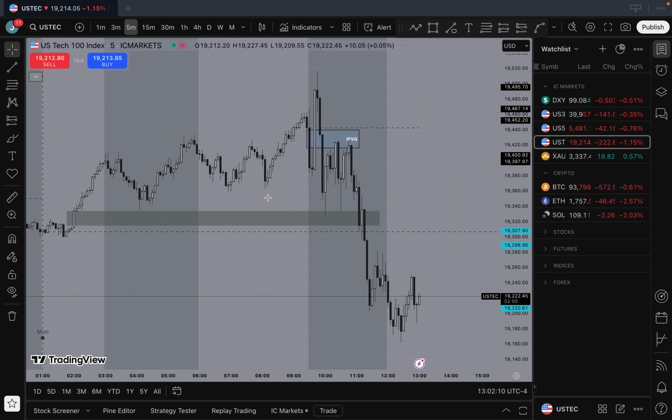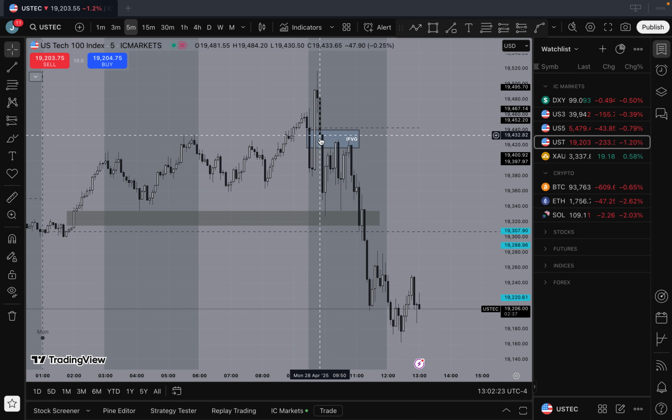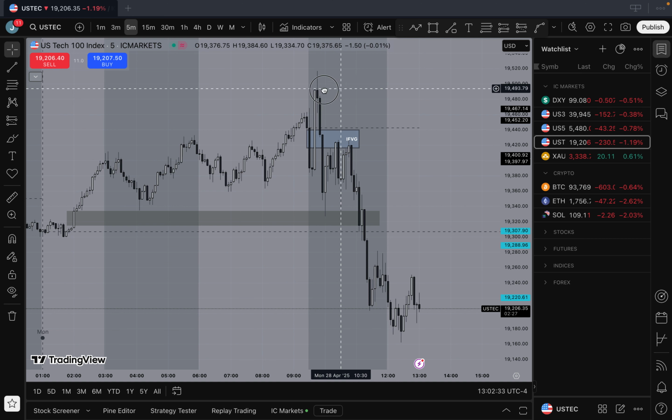And yeah, so on the 5 minute, we get a nice inverse fair value gap form. This was the same here again. We come down, trade up. So I was looking ideally for a nice little retracement to go bullish and then just push up. But the price just kept going up, and it was just way past my entry. So that idea went out the window pretty much.